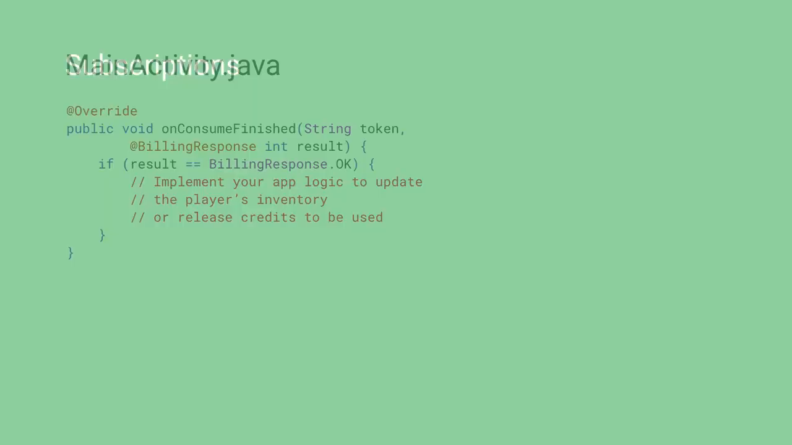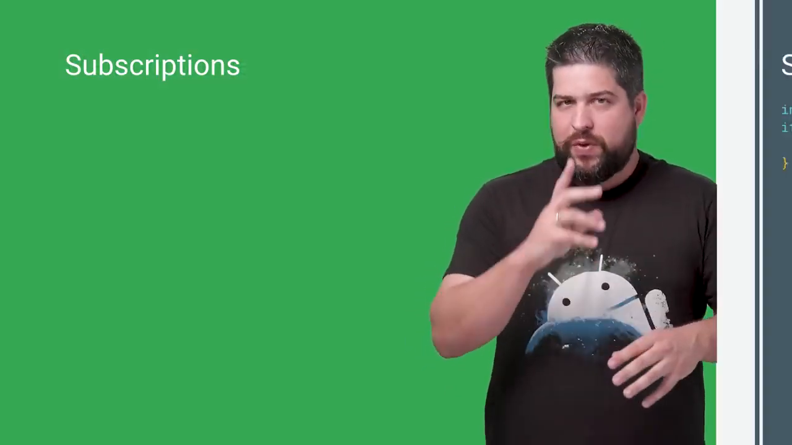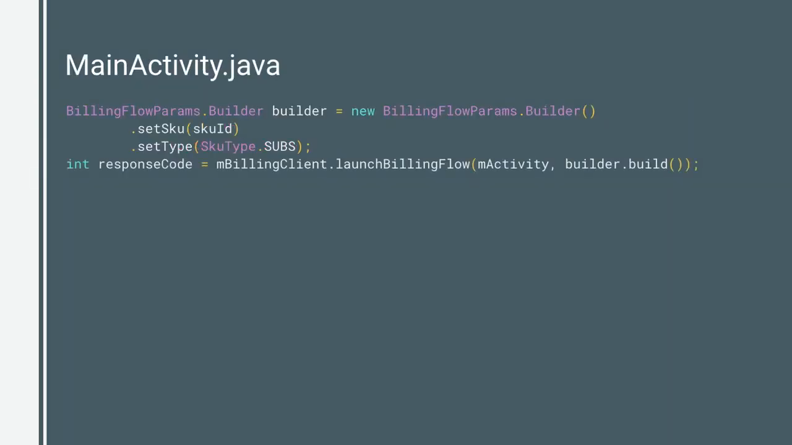credits to be used. Another great feature covered by the Play Billing API is subscriptions. But before launching the billing flow for subscriptions, call the isFeatureSupported method on the Play Billing Library client to check the device supports subscriptions with the type as FeatureType.SUBSCRIPTIONS. Purchasing or renewing a subscription is similar to launching the purchase flow for a product. You just set the product type to SkuType.SUBS and the product ID of the subscription before you call